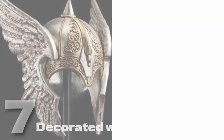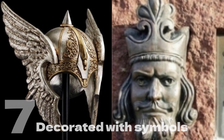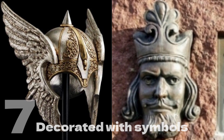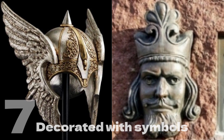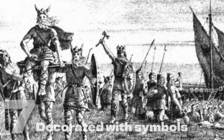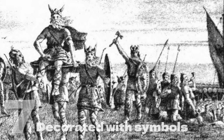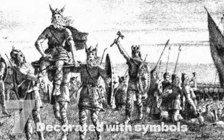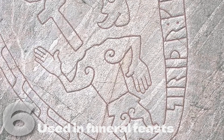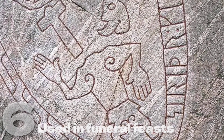These symbols and patterns, which could include decorative elements such as feathers, fur, and jewels, were meant to show the wearer's wealth and status, and were often used in ceremonies and other important events. Overall, Viking helmet designs were an important aspect of Viking culture, used to distinguish between different clans and symbolize social standing within the community. Number 6, Viking helmets were sometimes used to hold the heads of slain enemies during ceremonial